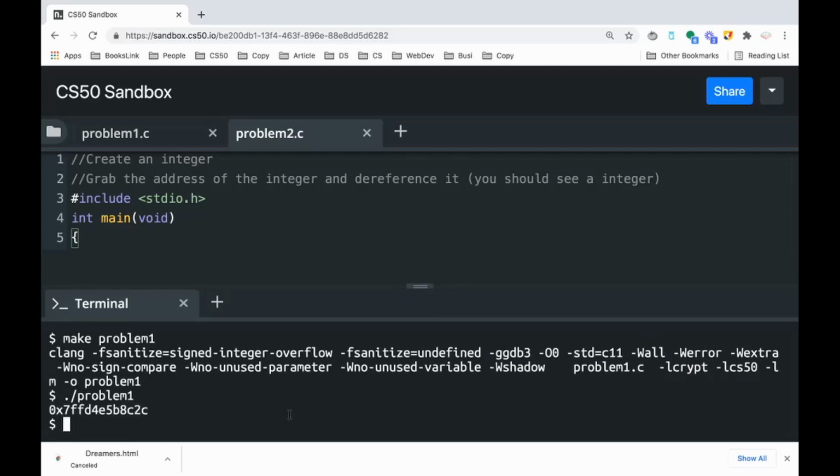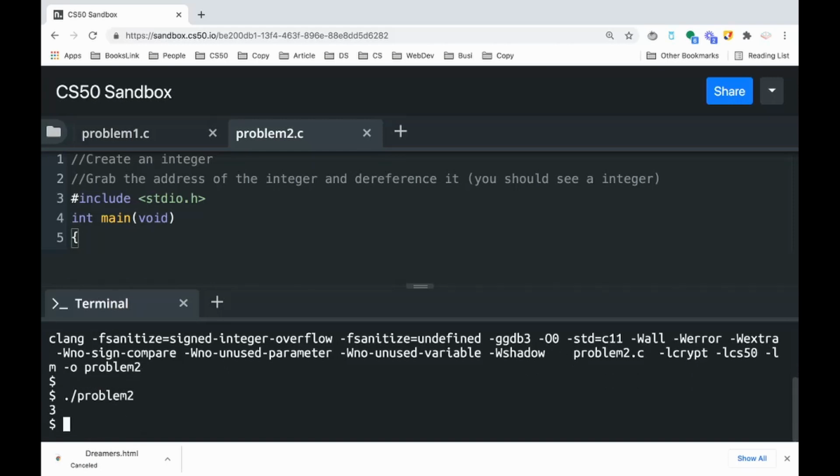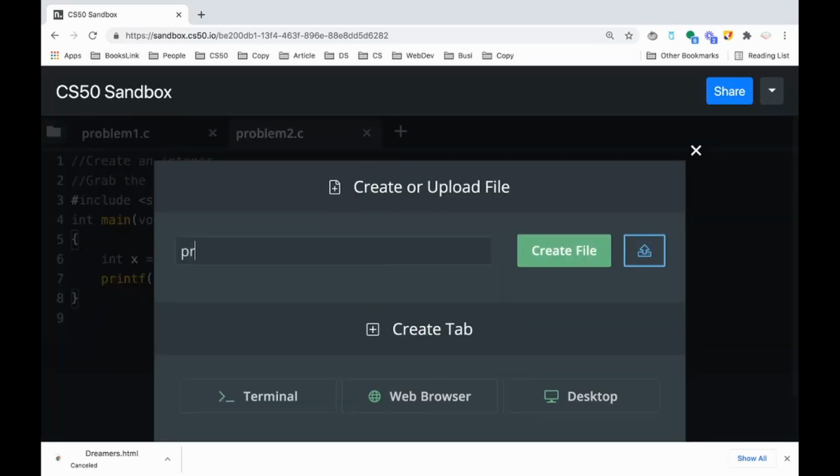So we make problem 2, and we're gonna run this problem 2, and we got 3, which is what we expected. Okay, so we saw dereferencing, we saw how to get an address. So these are introductory concepts, so now we can actually talk about pointers, which is the next